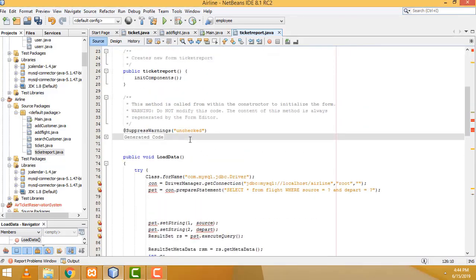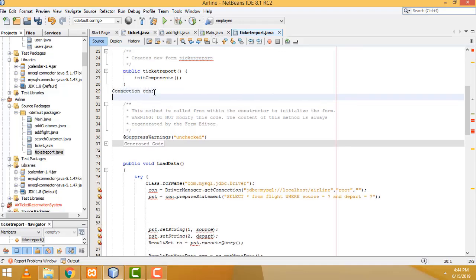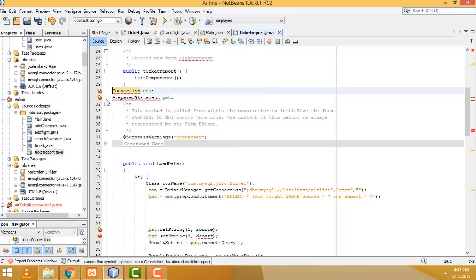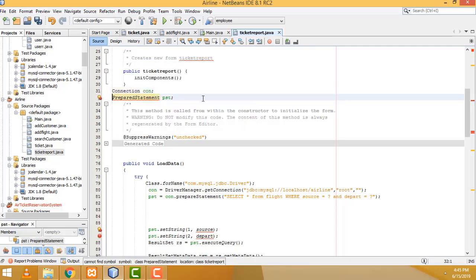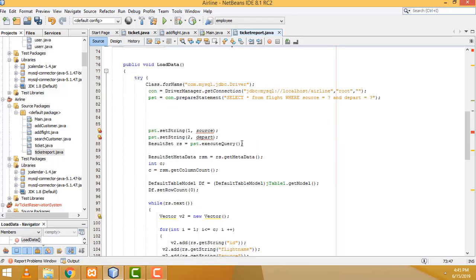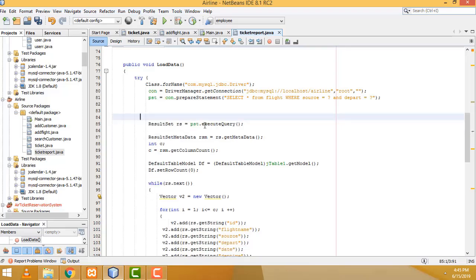It asks you to create the connection and everything, you have to create the connection, prepared statement, paste, right? Here we have to import the namespaces, right? That's the stuff you have to do. Now here we have to change this one, this is not needed, this also not needed, only select all from ticket. Not flight, we are loading the ticket table, only the ticket table,